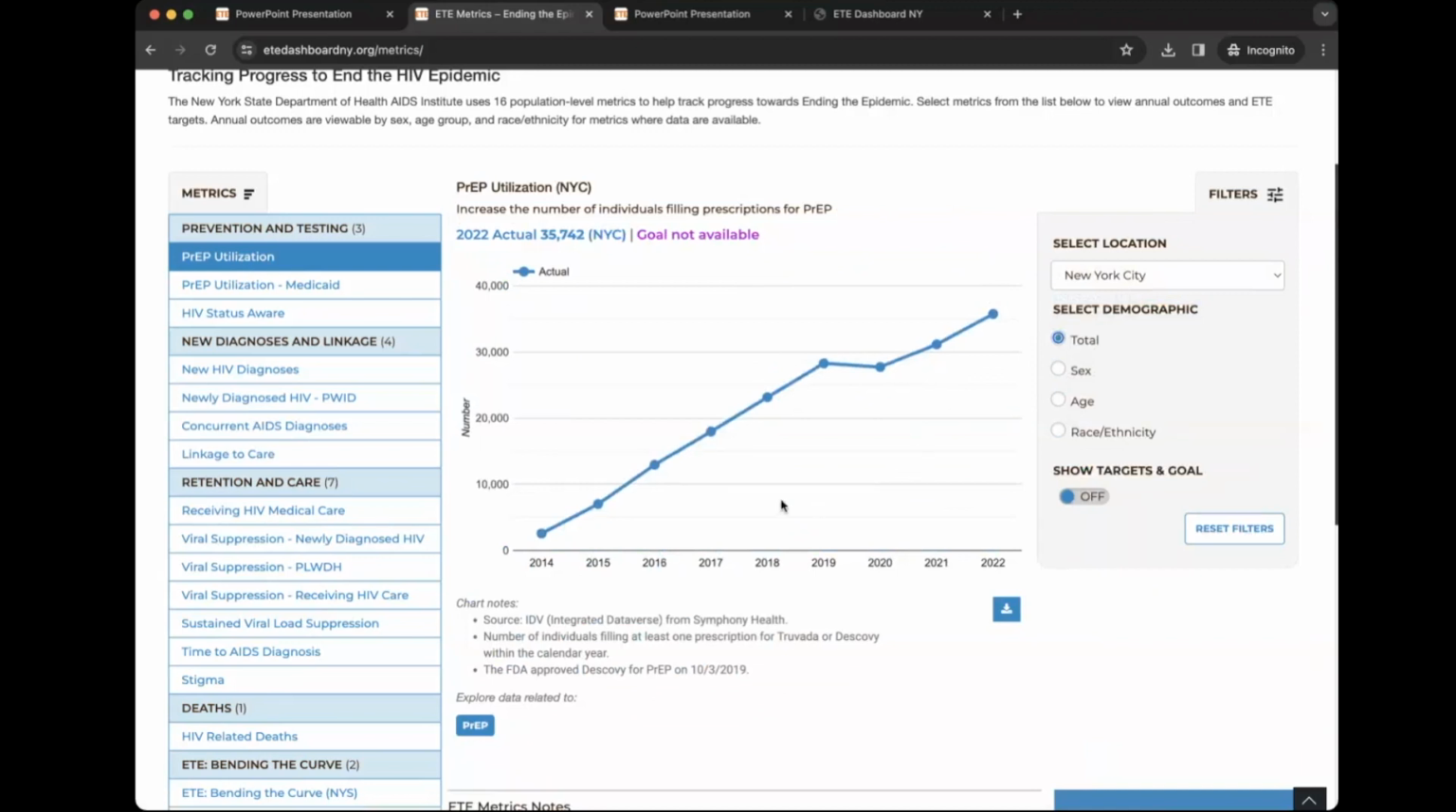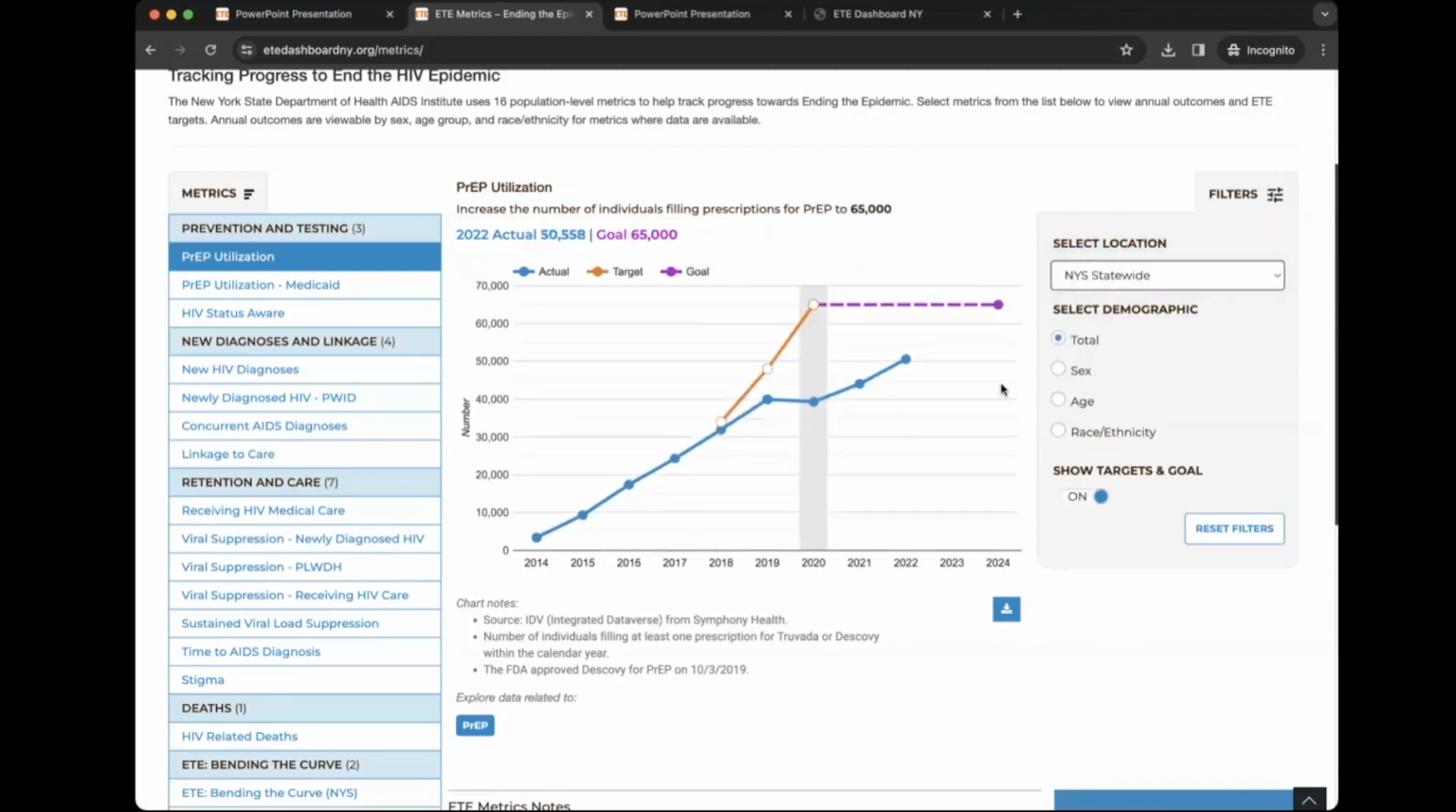On the chart itself, we have a blue line. I'm going to go back to statewide here. The blue line represents the actual data from year to year. The orange line shows the annual target set out by New York State, and the purple line is the end goal for the initiative. So for example, just looking at PrEP use right now, if a user hovers over the last data point on the blue line, they see